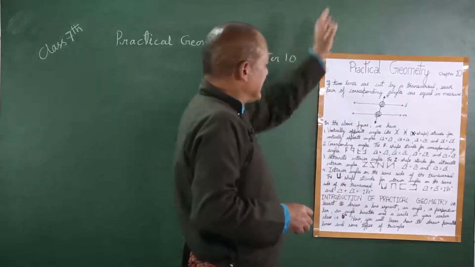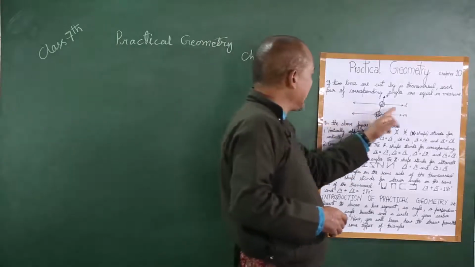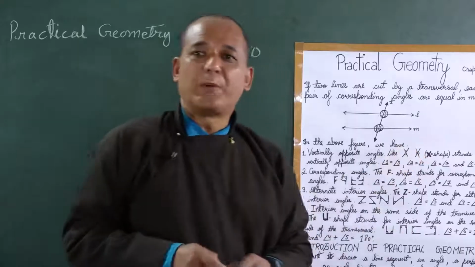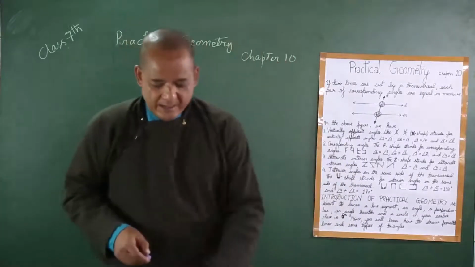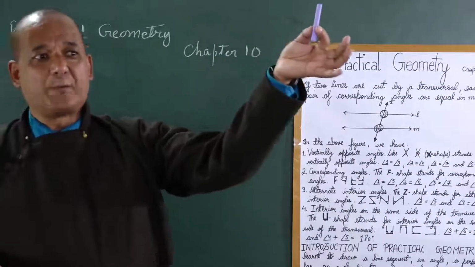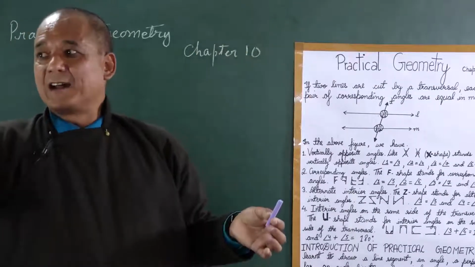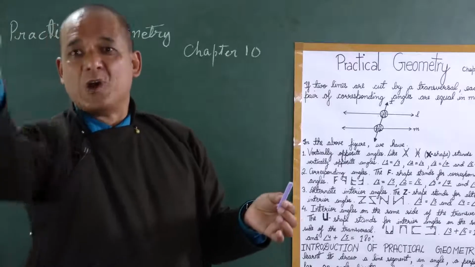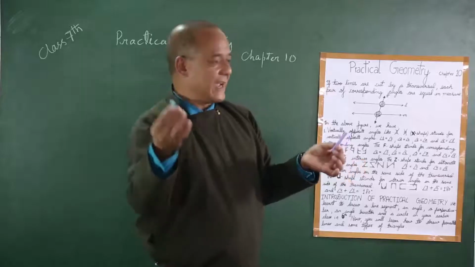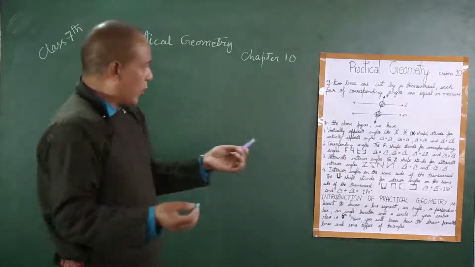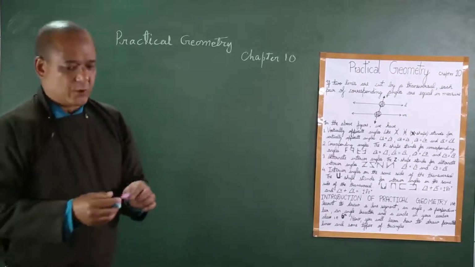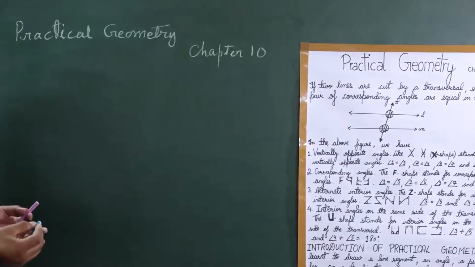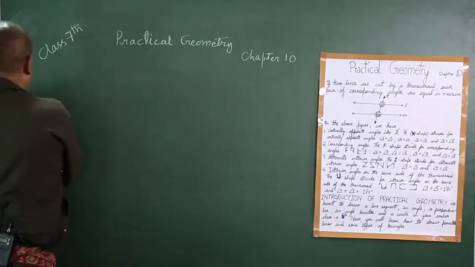So here, see, there are two lines, L and M. These are two parallel lines. What is a parallel line? Now, if I have one chalk piece in my left hand and another chalk piece in my right hand, this is a blue chalk piece and that is another color, a pink chalk piece. With this pink and blue chalk piece, I write a line like this.